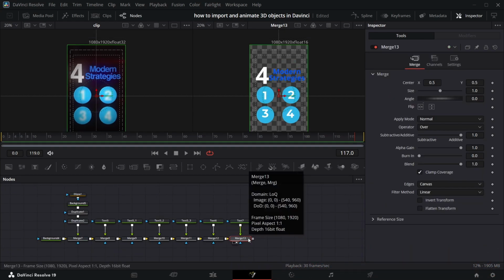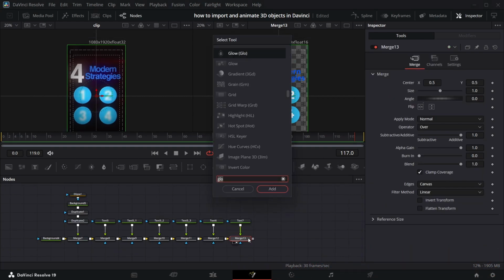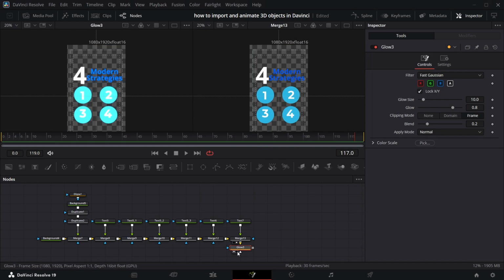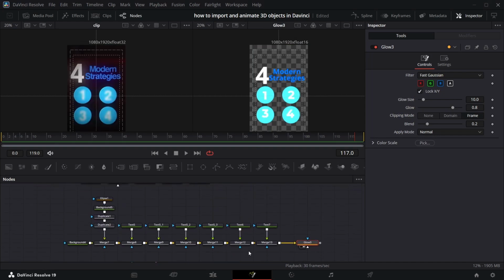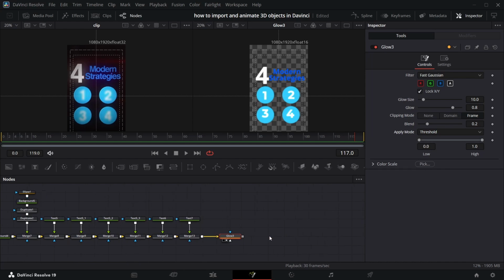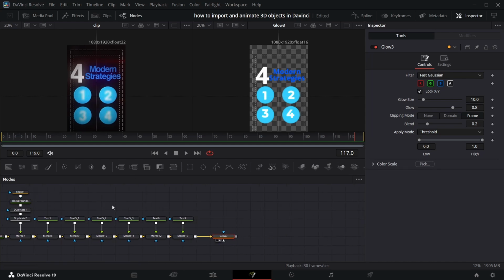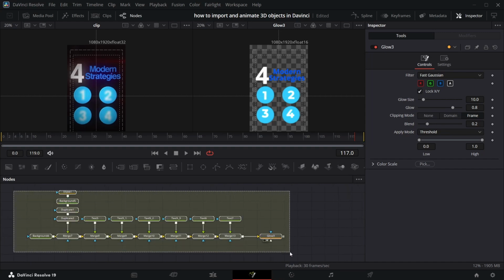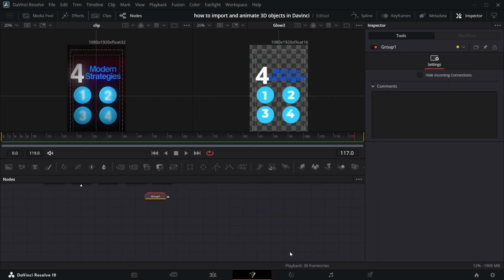I'm done. Now the next thing I have to do is add glow, which is shift space, and then I'll type glow, enter. And then if we look at it, it looks different from what we have there, right? Just come here and set the glow to threshold, and it's going to fix everything. Next thing we have to do is, there's nothing we have to animate inside here, so I just shift space G, hit the group, and